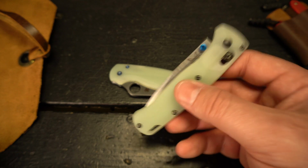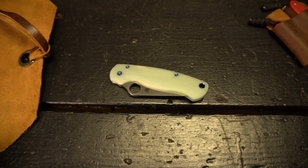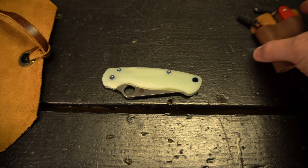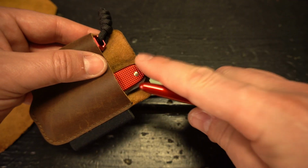Because of that, I'm going to be RIT dyeing this in the not too distant future, and I will post a video up when I do that. I'll document the process and let you guys see the red. My hope is it comes out like either this red of the